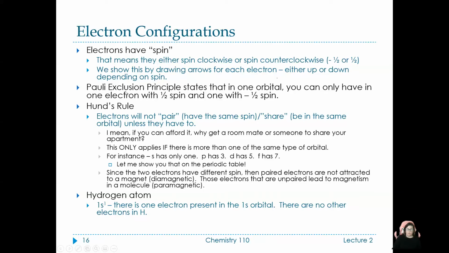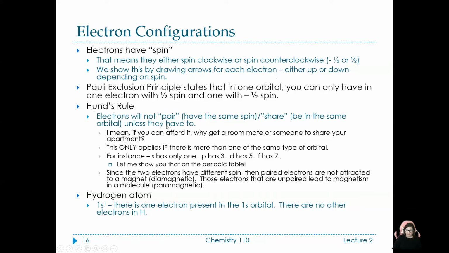The Pauli exclusion principle states that in one orbital, you can only have one electron with a positive spin and one with a negative spin. So we're not going to both spin the same direction. It doesn't happen that way. Hund's rule tells us that electrons will not pair, have the same spin, or share, be in the same orbital,